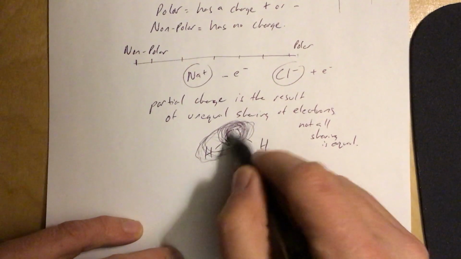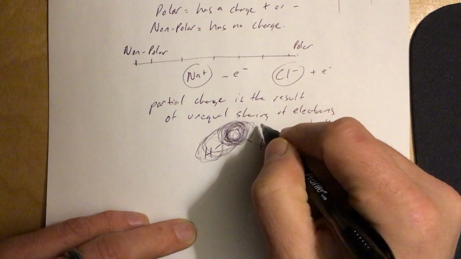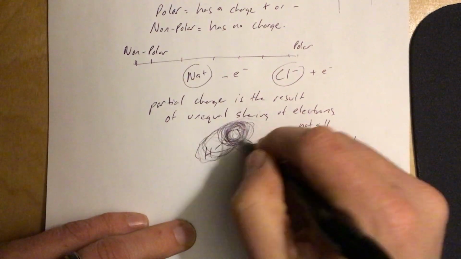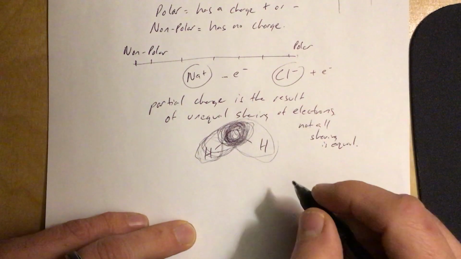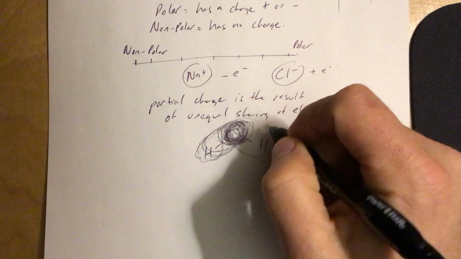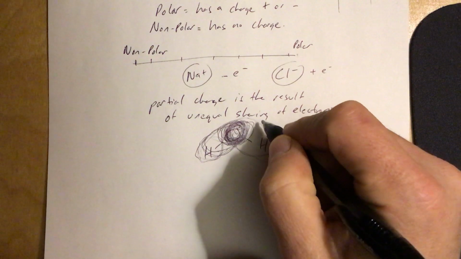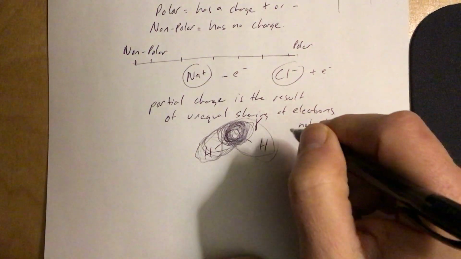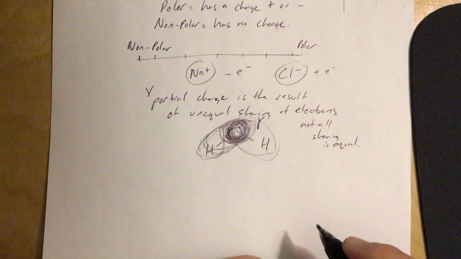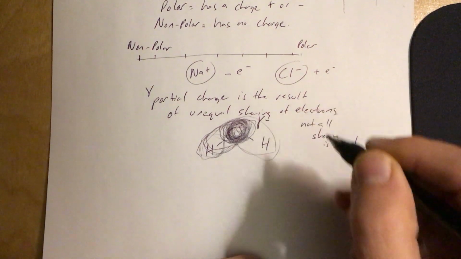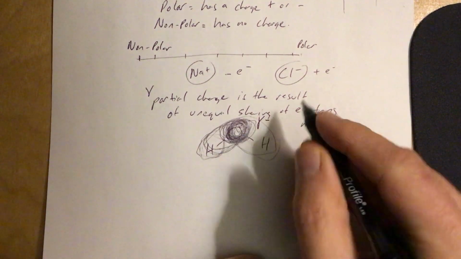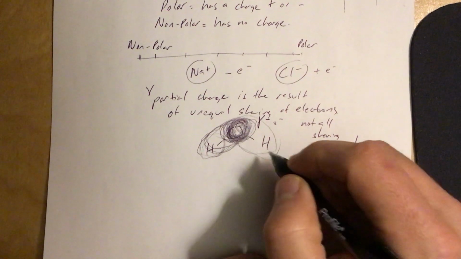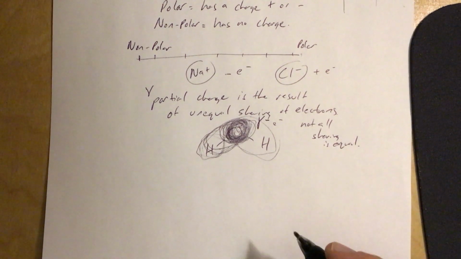Orbit, like that. As a result, because those electrons are negative, and the same thing's happening over here too at the same time, it's going to result in what's called a partial charge. And we're going to use the lowercase letter gamma, which looks like that, kind of like a fish that's diving down, for partial charge. So this right here is going to be partially negative because electrons are negatively charged, okay? And because the electrons are hanging more around oxygen than around hydrogen, then you're going to end up with